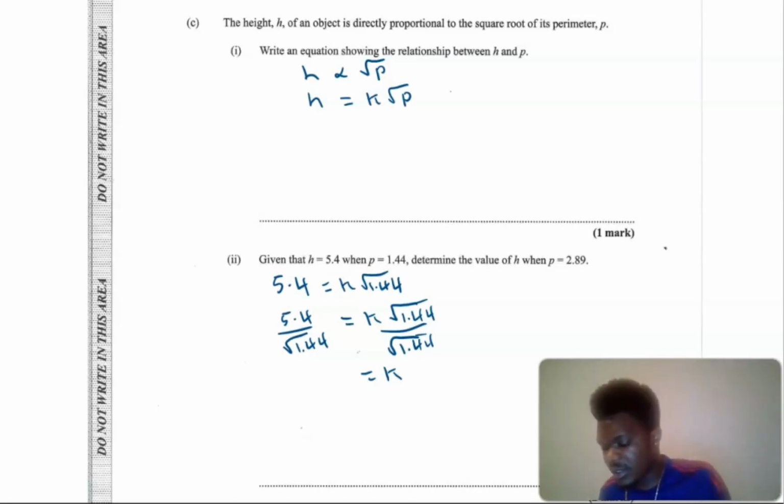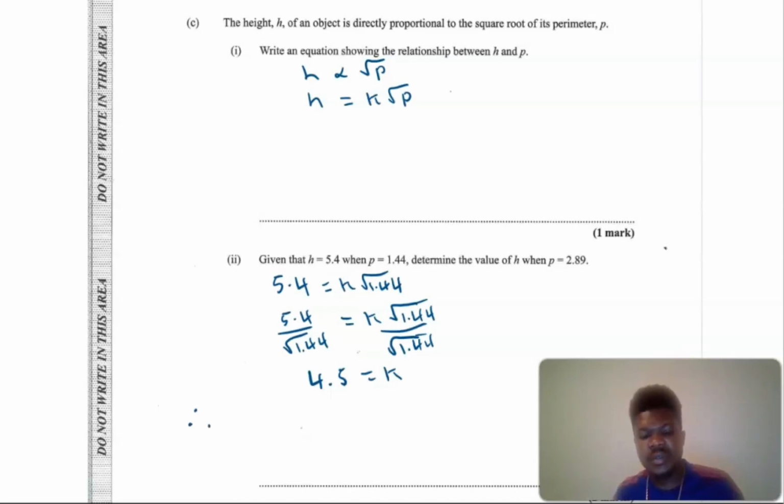So I get my calculator. Here's the first time we're using a calculator so far. 5.4 divided by the square root of 1.44, and that's 4.5. So k is 4.5. So we can say, therefore, the formula is now h is equal to 4.5 times the